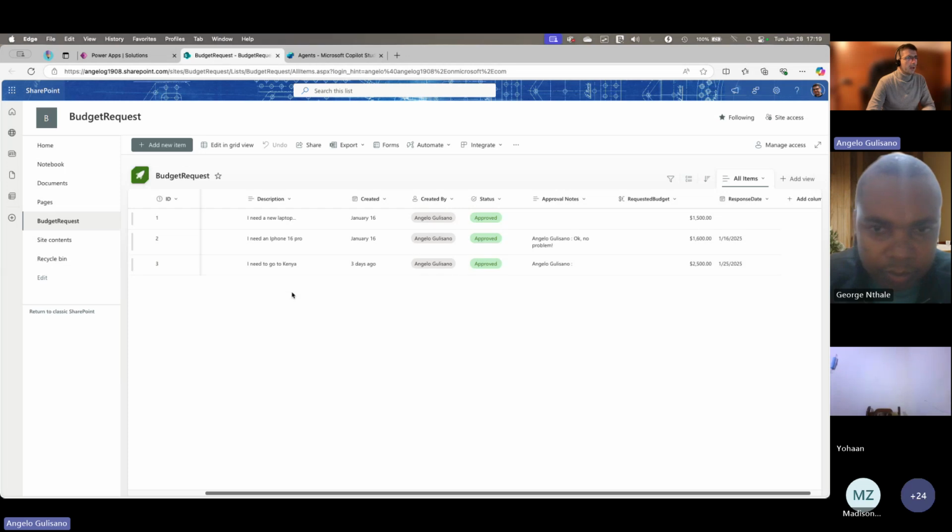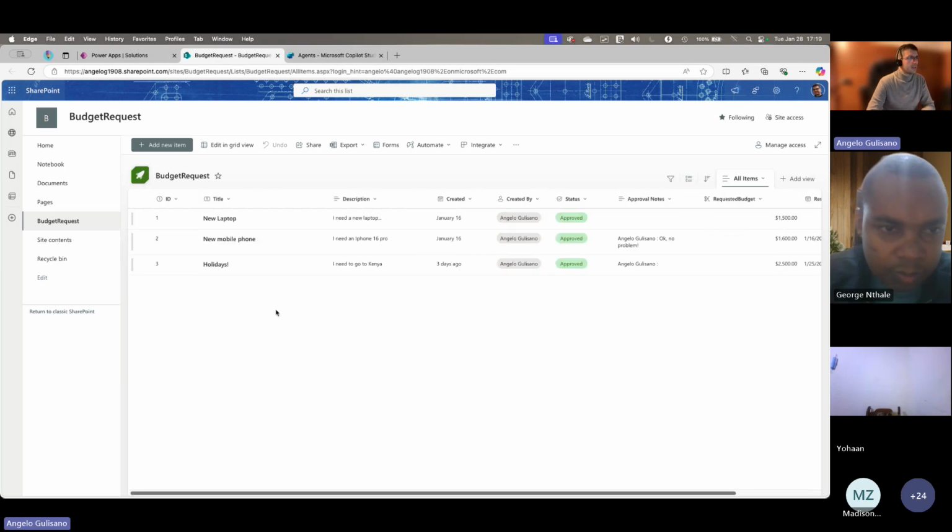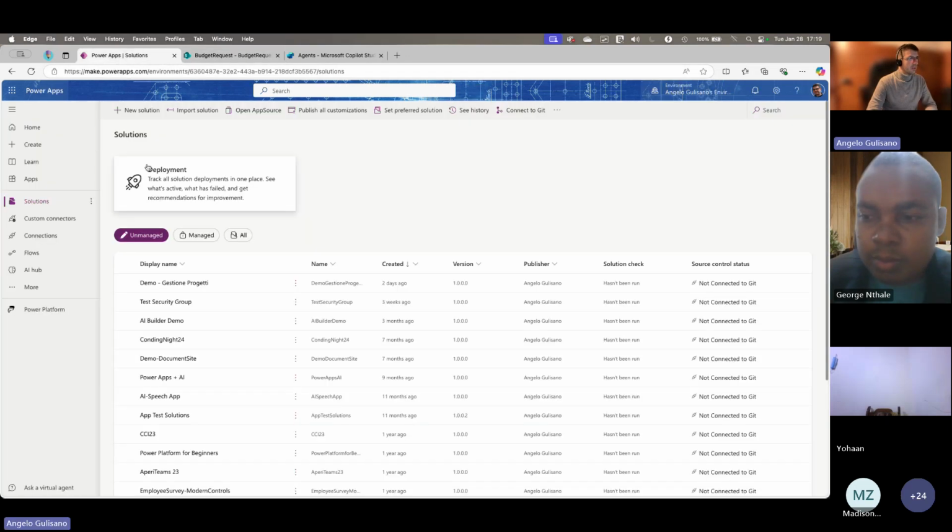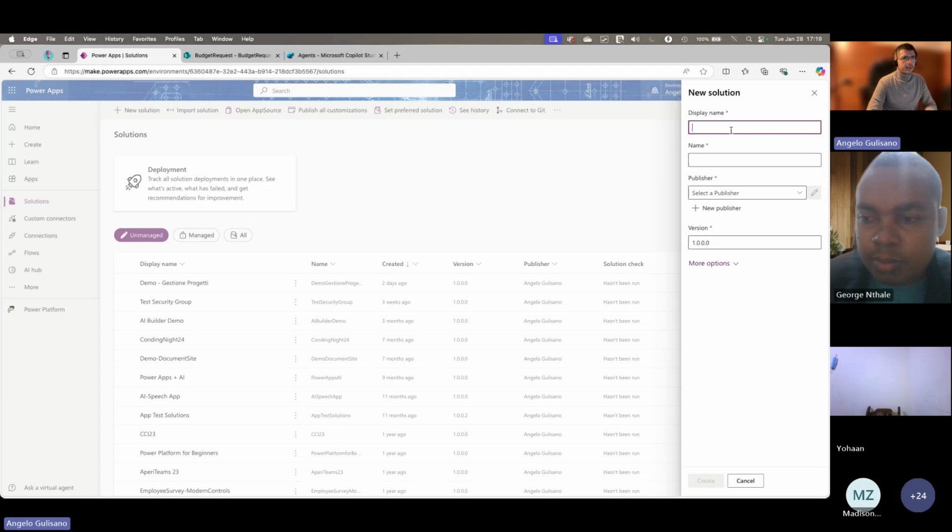So the idea is start to create, as a first step, our Power Apps to allow the user to create the request. So we are going in our Power Apps Power Platform environment.